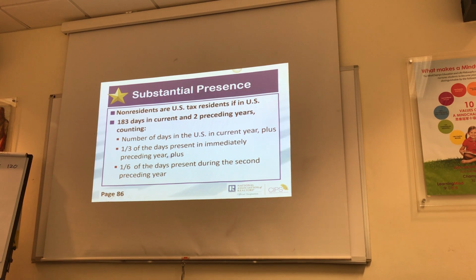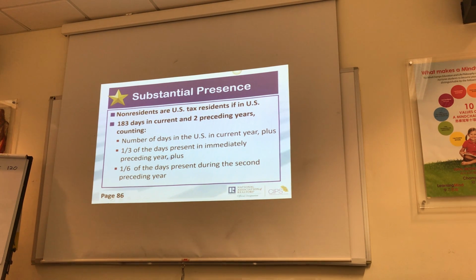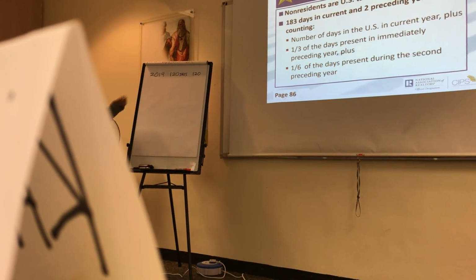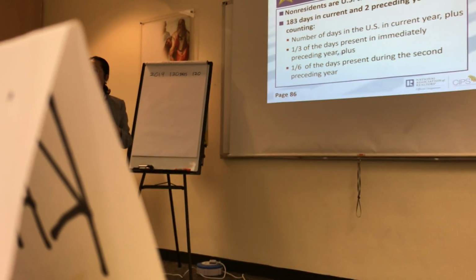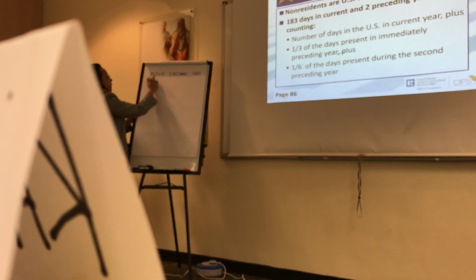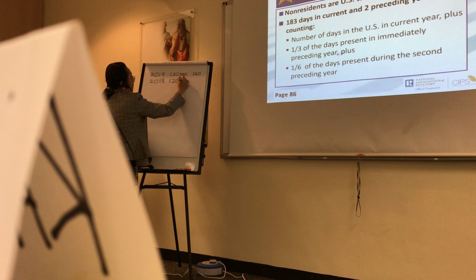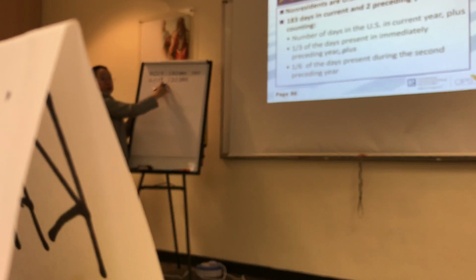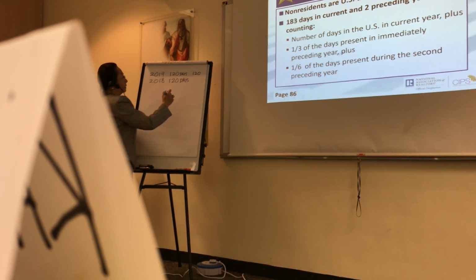for that year. When that person goes to immigration and gets out, the immigration officer may take a look and say, okay, this person has stayed 120 or whatever days. They will look back 2 other years to see how long they stayed. Let's say 2018, this person also goes to the US and stays 120 days. But how much of that is counted? 1/3. So what is 1/3 of 120? 40 days.